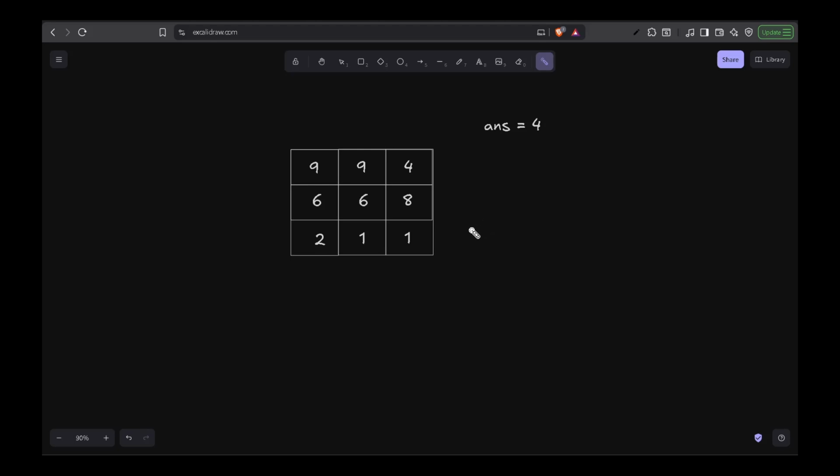So we move on to the next cell. Let's say this one. We find this is a path and this is a path. Out of these two paths, we select the longer one, of course, which is 4. So at the moment when we have traversed two cells, we found the answer to be 4. And as such, we'll keep on traversing and we'll check if a larger answer than 4 exists in the matrix. That means the first thing that we need to implement is a